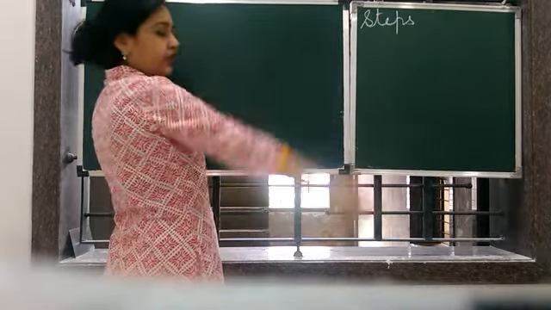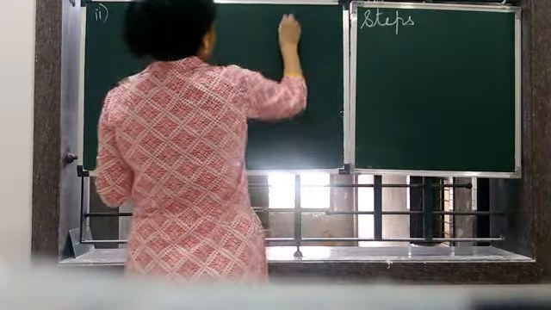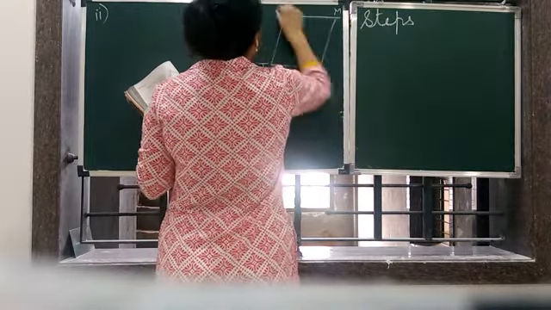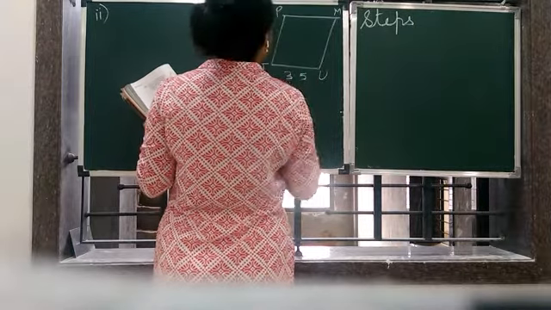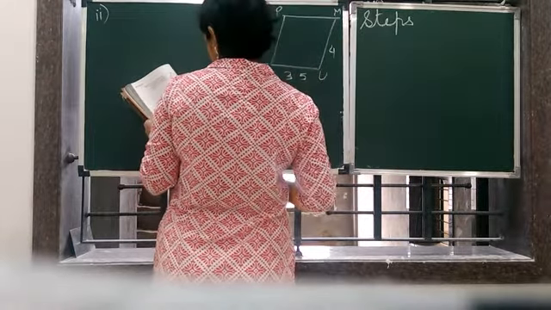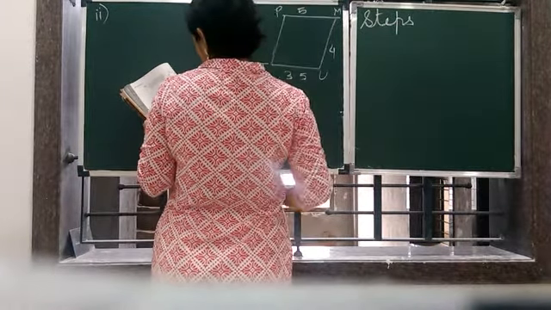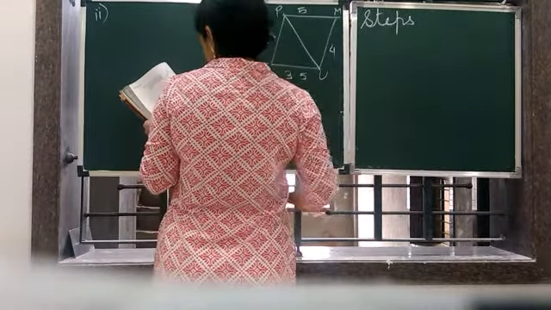Got it? It becomes very easy to complete. So first and foremost, make a rough sketch. First we will make a rough sketch. That is quadrilateral JUMP. So let's make JUMP. JU is 3.5, UM is 4, MP is 5, PJ is 4.5 and PU is 6.5. Okay, first we will make the base.